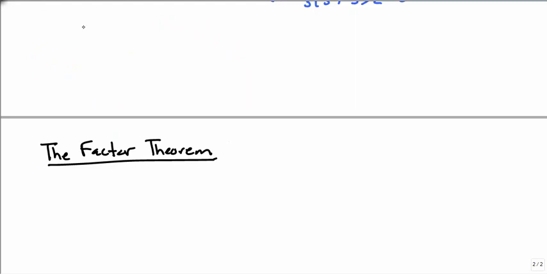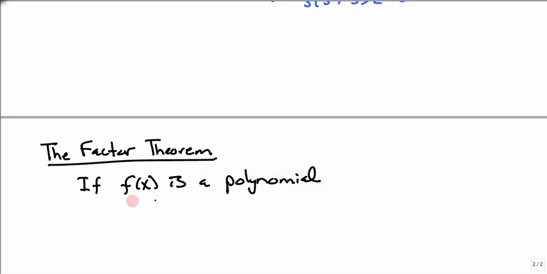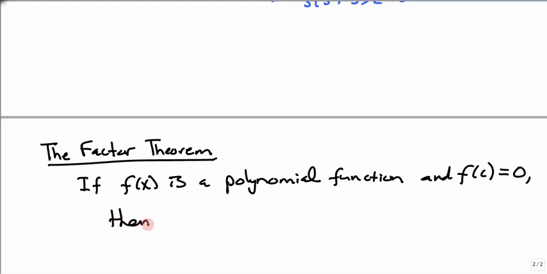that if we have some polynomial, and these are all polynomials. These are not square roots or fractions. These are all polynomial expressions. So if f of x is a polynomial function, has to be a function, and we know that at some value of x that we plug in, we get 0 back out, and that basically means that I'm crossing the x-axis at c because my y value is 0,